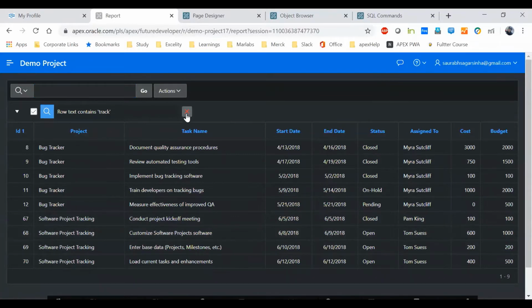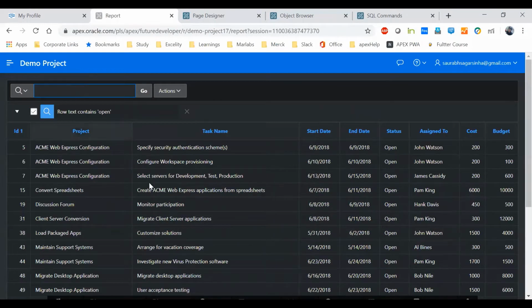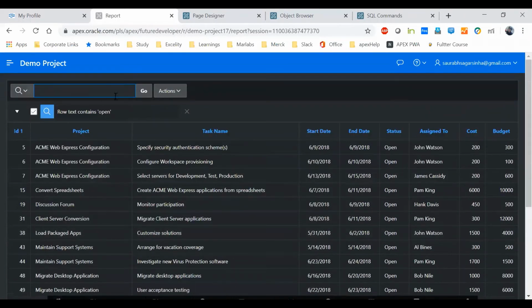So let's say we can unfilter it using this cross thing. Okay, so let's cross it, and things will be normal. Let me write open here. Open. I'll hit enter. All the open status, open information will come here. So this is comparing this data to all the columns, any of the columns. It is not particularly bound with this column or this column. This is actually checking information from all the columns. Accordingly, we are getting the result like that.